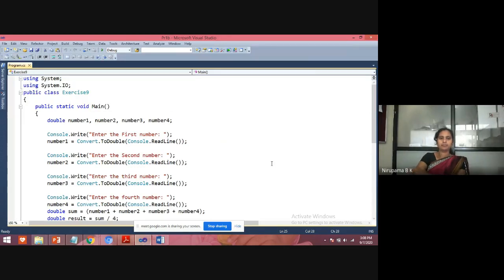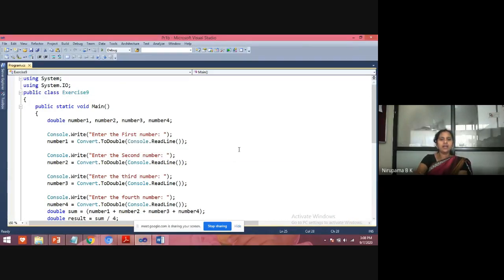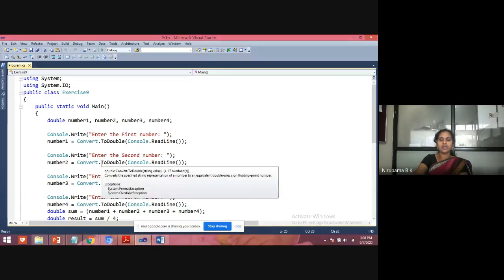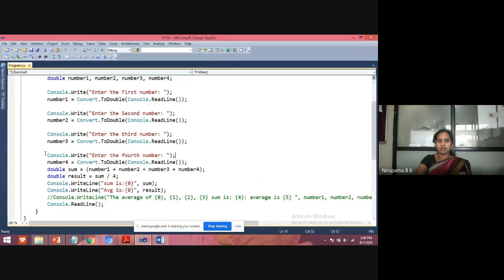So see, students, in this program I'm calculating the sum and average of 4 numbers. In the question, they have asked for 3 numbers, but here I am doing it for 4 numbers. It is not a mistake. You can do it for 3, 4, 5, any numbers. If it should match the question, you can remove just this line.